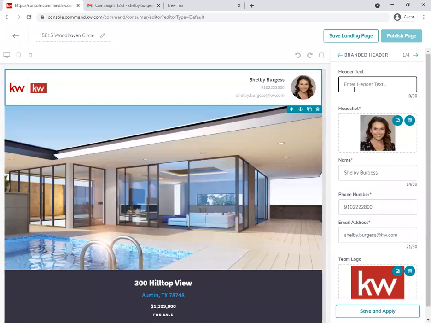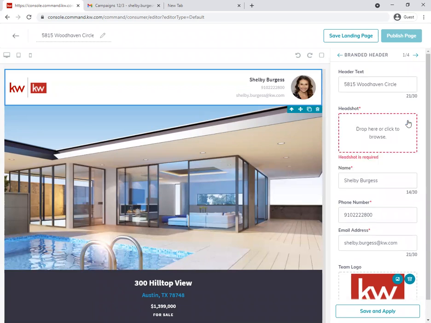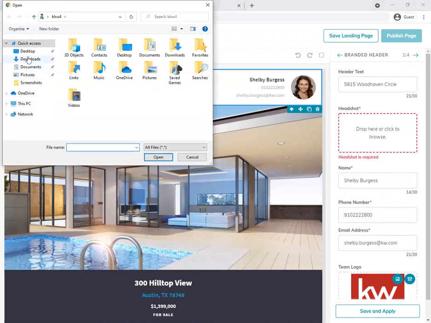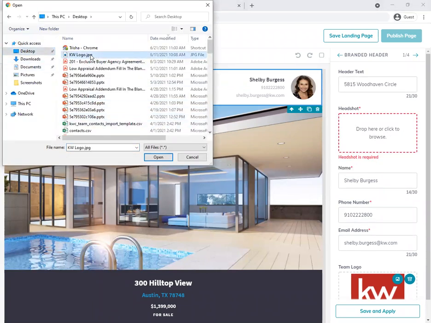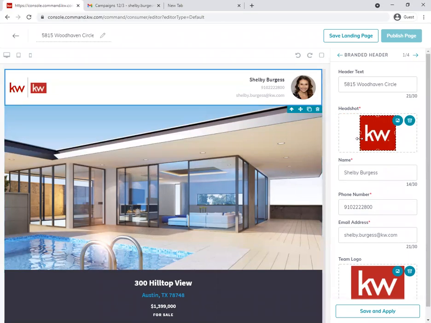And then for the header text, I'm just going to paste the address in there. I'm going to get rid of my headshot. And I think I have a KW logo in here, so I'm just going to put that in. Keep in mind, you guys, you want your information on here. I do not. Instead of name, I'm going to have Keller